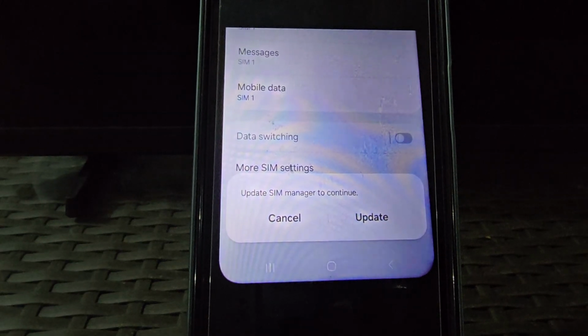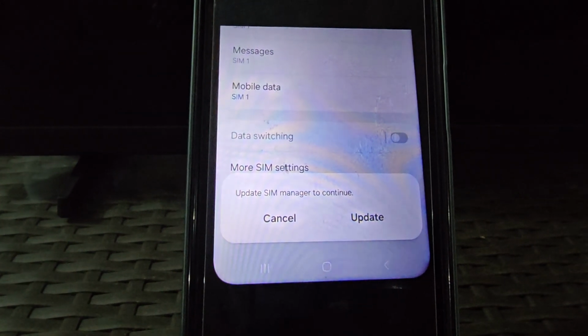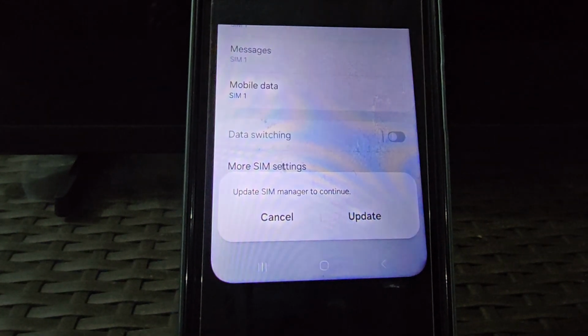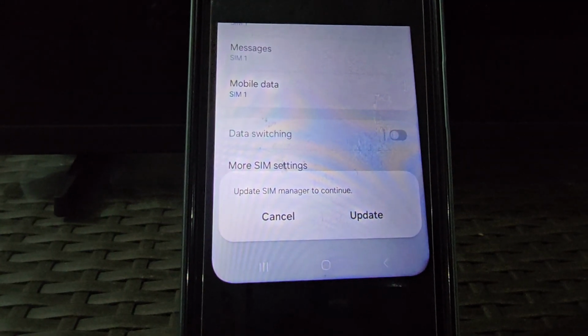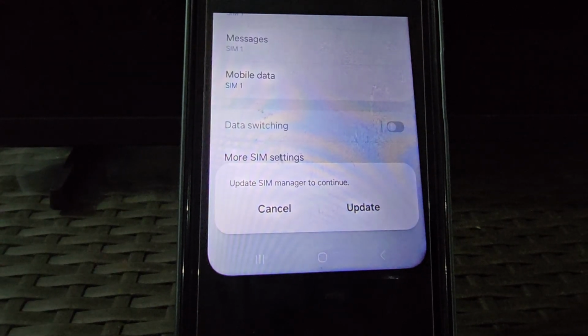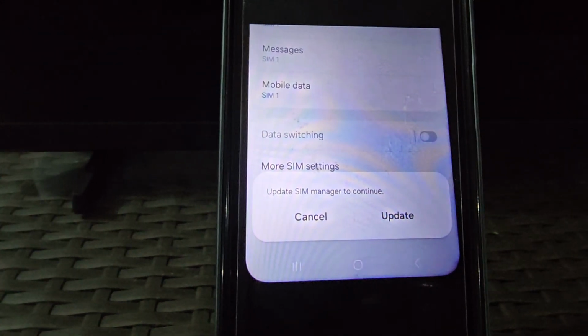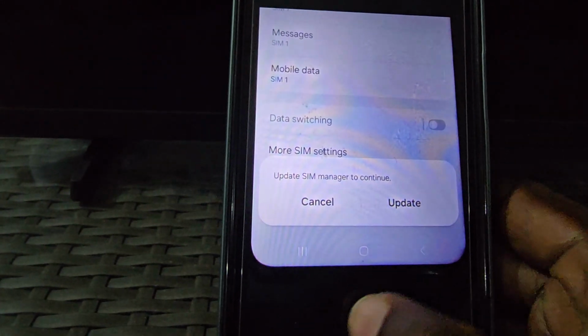In today's tutorial guys, if you're getting this particular error that you're seeing here, which says update SIM manager to continue, I'll show you how to solve the problem. Now of course, if your Android device, which can be any Android device, is getting update the SIM manager to continue, simply go ahead and do as indicated and hit the update. But just before that guys,